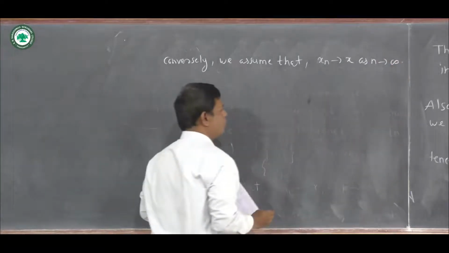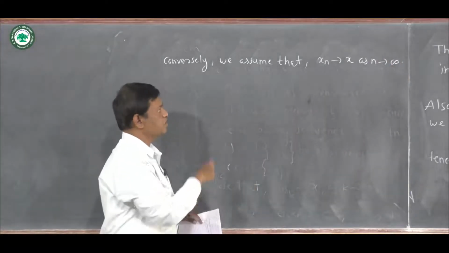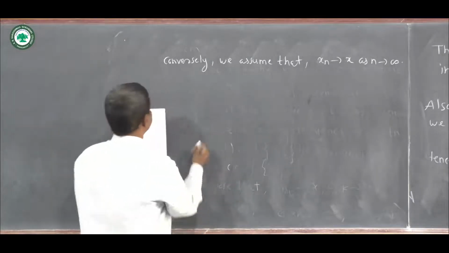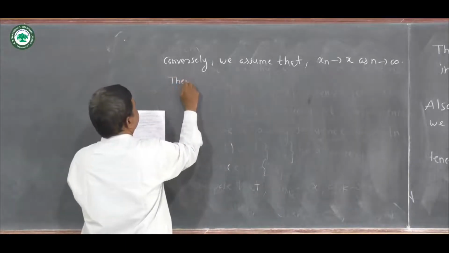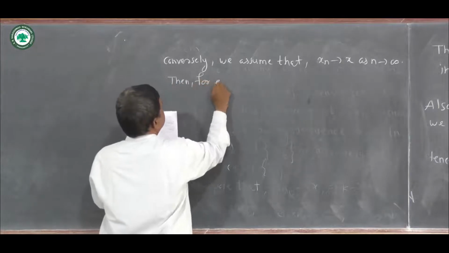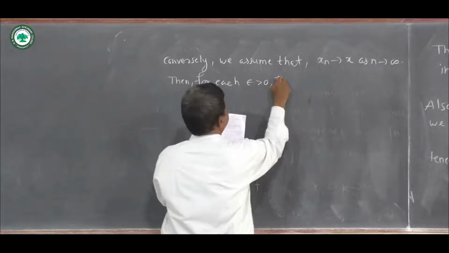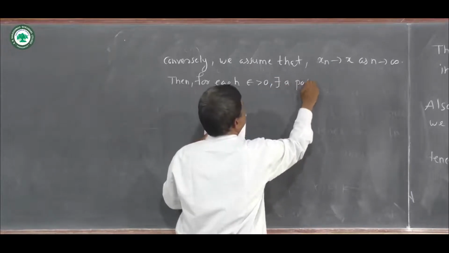Now we want to show that the subsequence x_{n_k} of x_n is convergent. So we write, for each epsilon greater than 0, there exists a positive integer